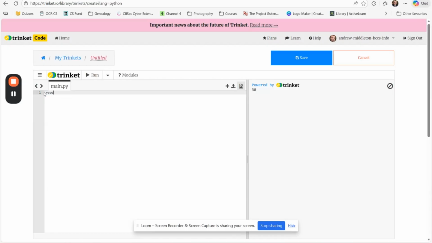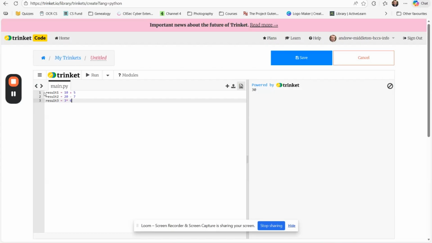So I'm going to say result1. It saves me putting answer and answer and answer and having to delete it each time. Result1 is 10 + 5. Result2 is 20 - 7. Result3 is 3